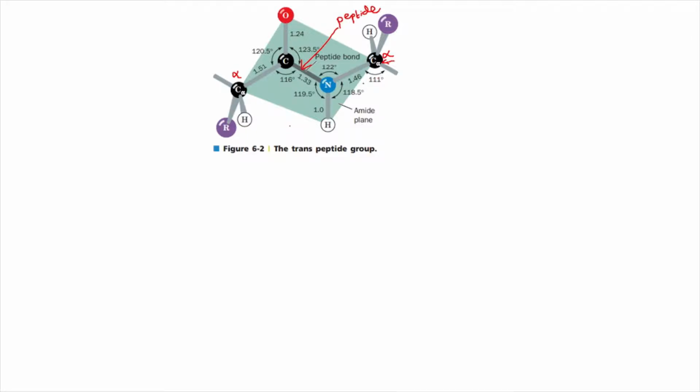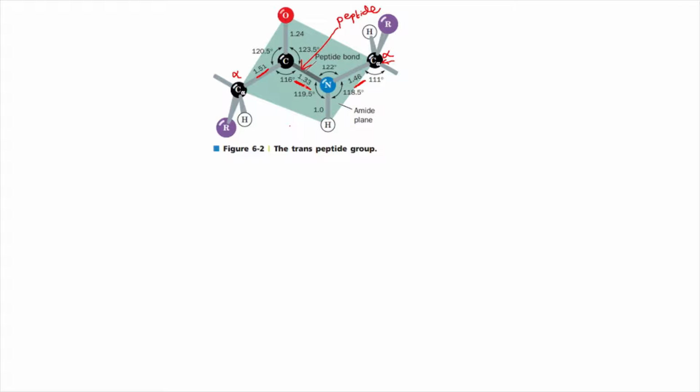You can easily see here between N and C alpha the bond length is around 1.46 angstrom. Between C alpha and C the bond length is around 1.51 angstrom, whereas the bond length between C and N, that is the peptide bond length, is the smallest, 1.33 angstrom. So among all the three bond lengths, the peptide bond length is the smallest. Why? Because we have a partial double bond character present in this bond, and that is why we have the shortest bond length among all the bond lengths present in this peptide molecule.